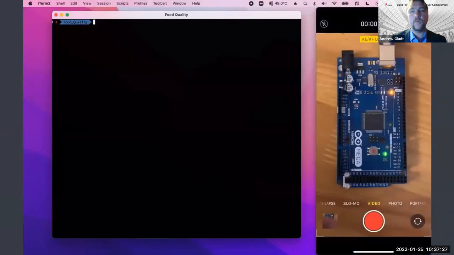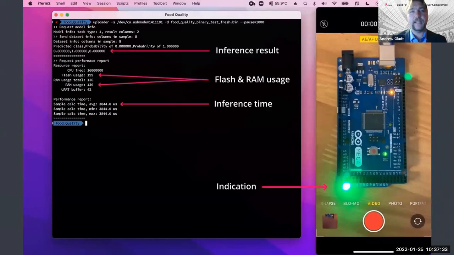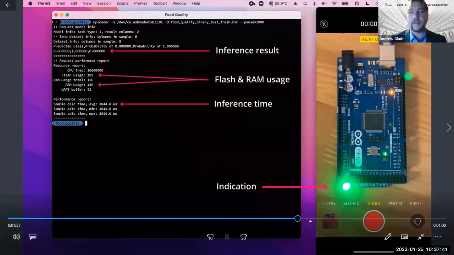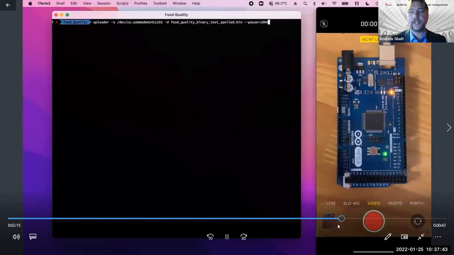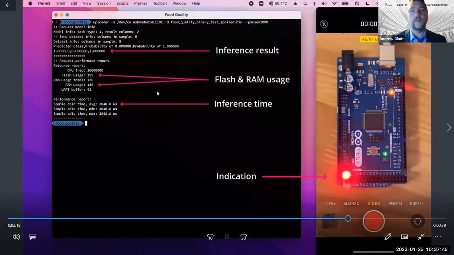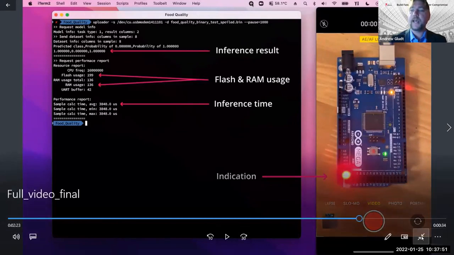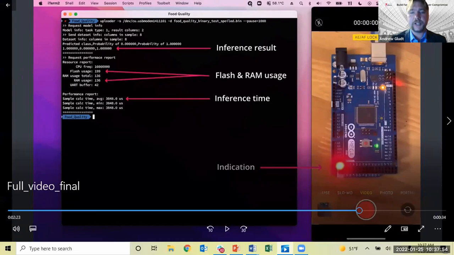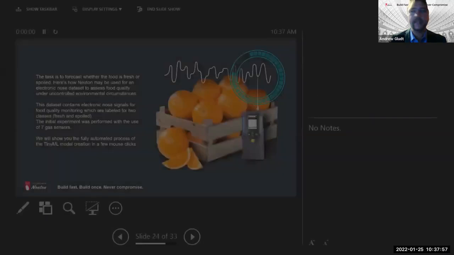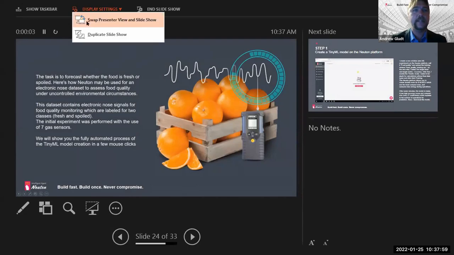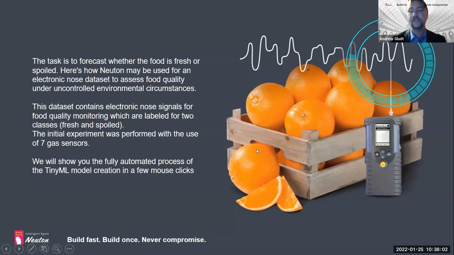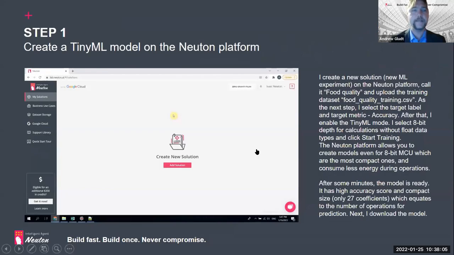And then once we've done that, we will feed it new information. In this case, green is predicting that the food is not spoiled. And then in the next prediction, we can see we've run it again, and now we've predicted that the food was spoiled. So as Sumit had shared earlier, with just a few clicks and not a lot of technical expertise, we're able to deploy a model very quickly.